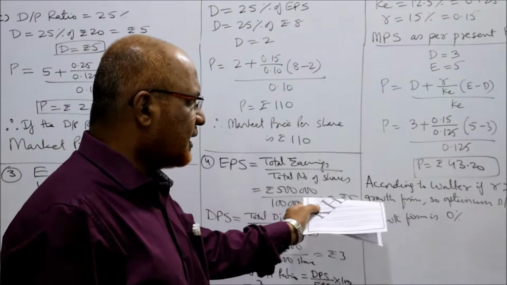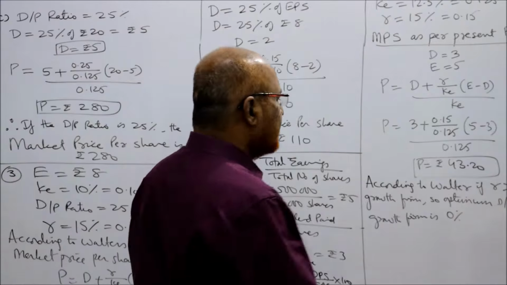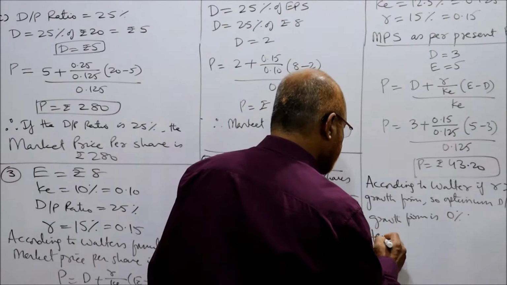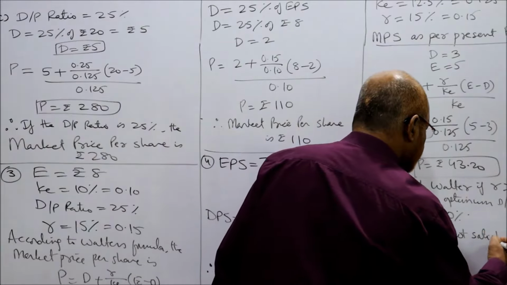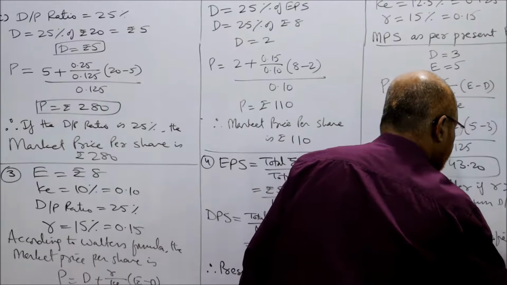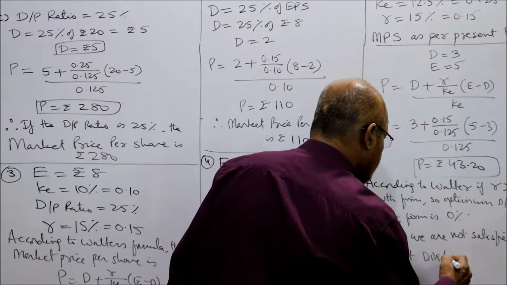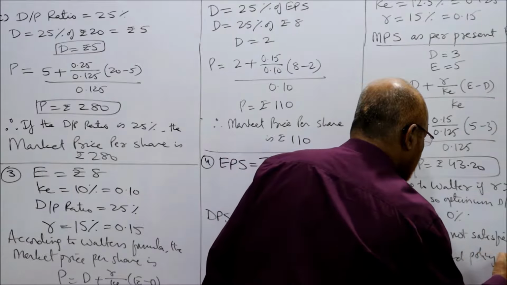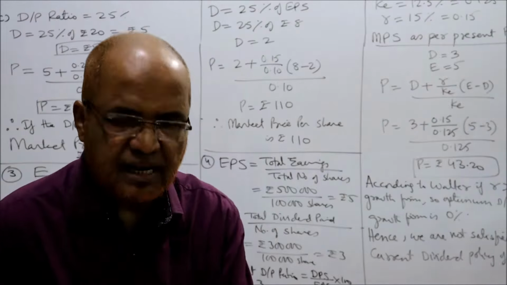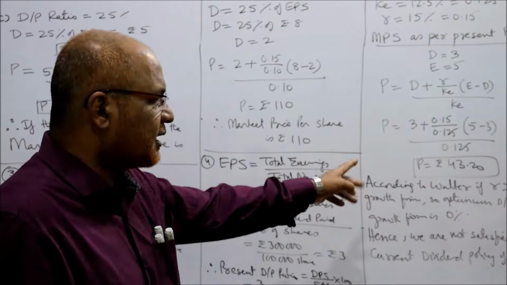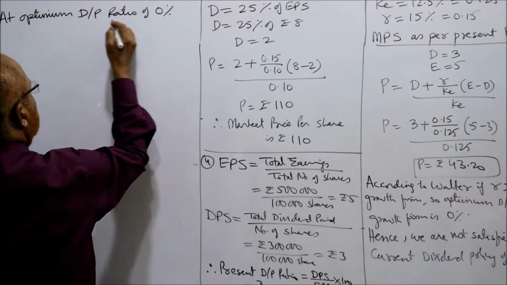So according to Walter, if R is greater than K, it is a growth firm, so the optimum DP ratio for a growth firm is 0%. Hence, we are not satisfied with the current dividend policy of 60%, because it keeps the market price of the share lower. At the optimum DP ratio of 0%,